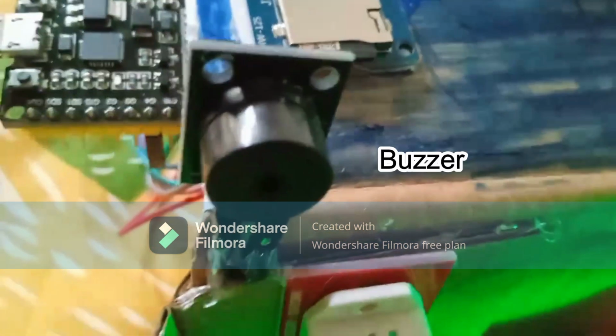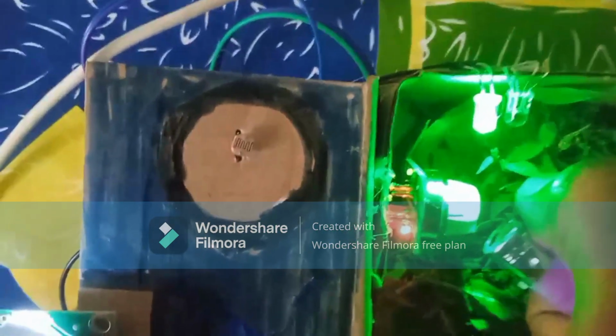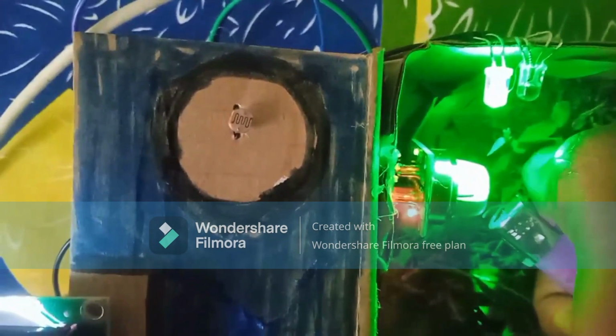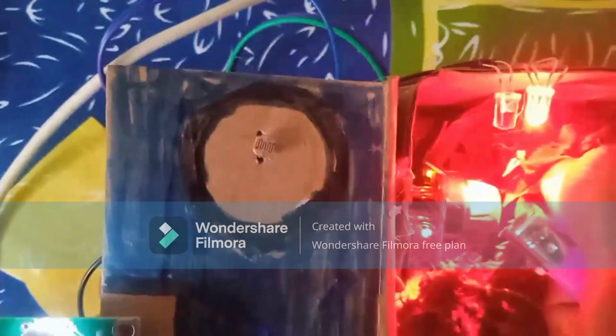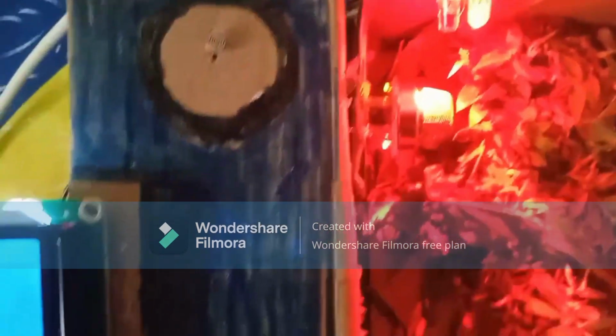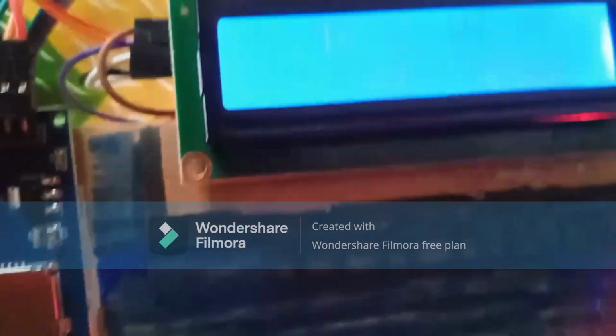Finally, the buzzer, which provides the auditory alerts when any of the environmental parameters exceed the predefined threshold. So then the working of our system can be broken into several steps. First, the DHT22 sensor measures the temperature and humidity, the MQ135 sensor measures the air quality, and the LDR measures the light intensity. These sensors send their data to the ESP32 control unit, which processes the data